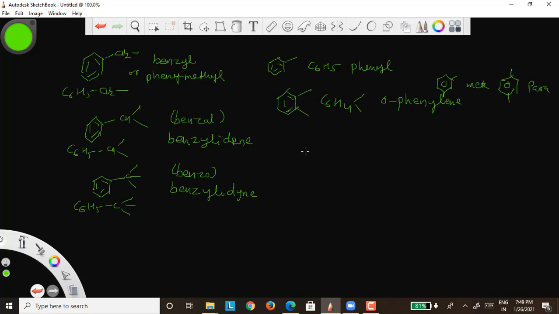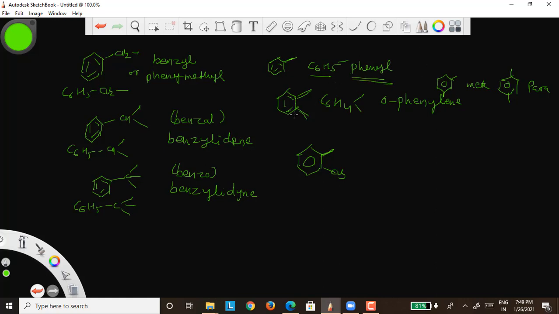Now what will happen? Suppose your one methyl group is there and one connection is there. This is methyl group and connection is only one. Here what happened? Two connections are there. It's not CH3, it's not H. These are the connections, so this is connected to other groups. So this total group name is orthophenylene group, metaphenylene group, paraphenylene group. Okay. And this connection is there. This is not CH3. This is C6H5 only. C6H5 hyphen means it is connected to some other group. So this group is known as phenyl group.